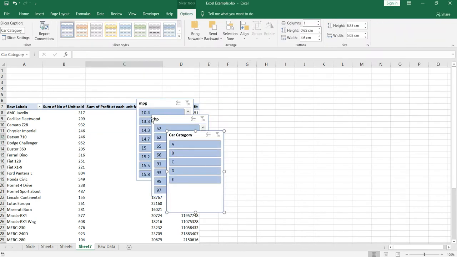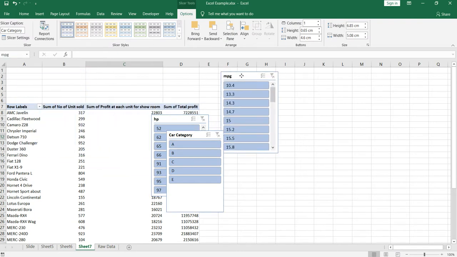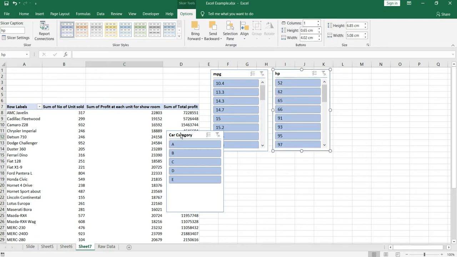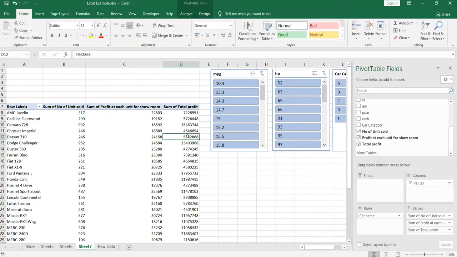Okay, now you get this slicer here. What you can do is put the slicer anywhere on the sheet so that the user can see it first, and based on his requirement he can select and the data will be reflected dynamically. So now suppose this is the data, this is the pivot table, right?